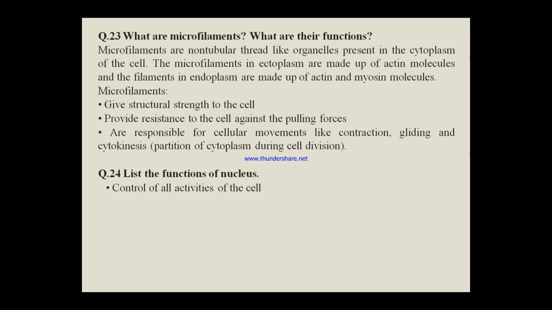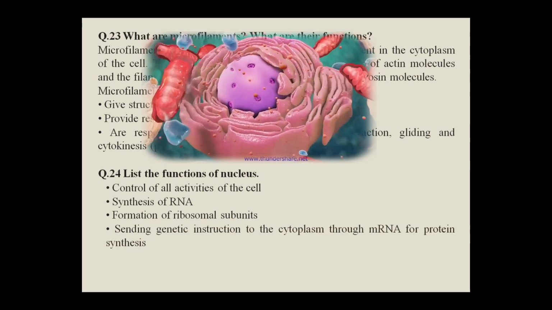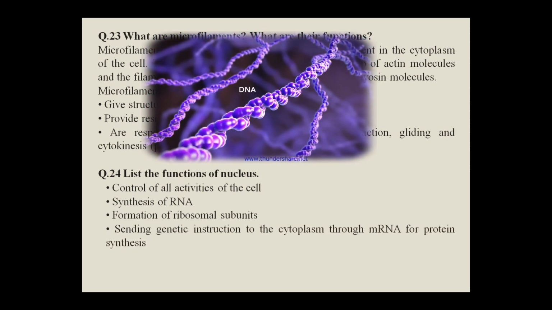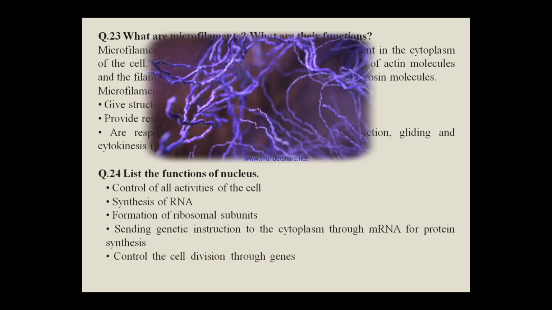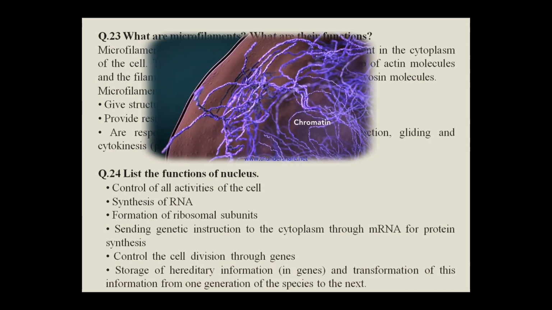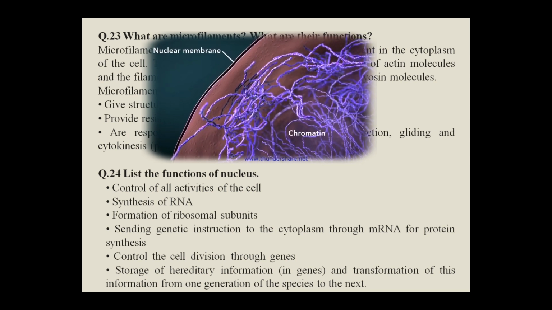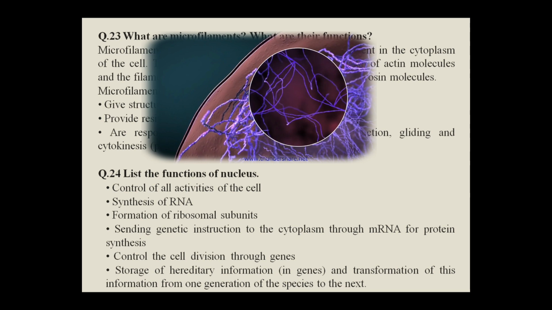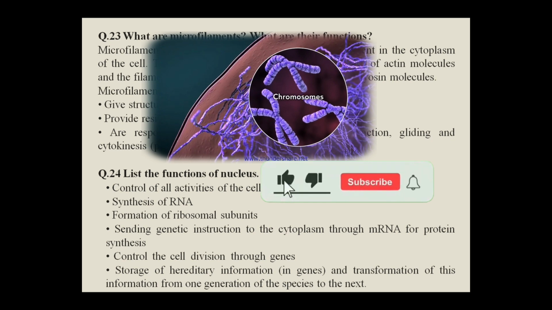Can you list the functions of the nucleus? The nucleus controls all activities of the cell. Of course, it is responsible for synthesis of RNA, formation of ribosomal subunits, and even sending genetic instruction to the cytoplasm through mRNA for protein synthesis. It controls the cell division through genes and functions as storage for hereditary information, that is in genes, and transmission of this information from one generation of the species